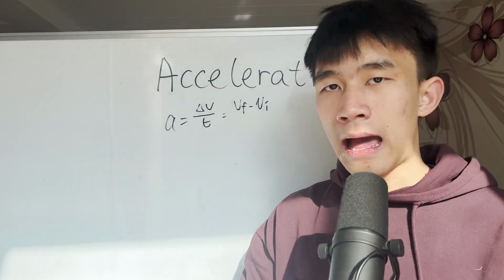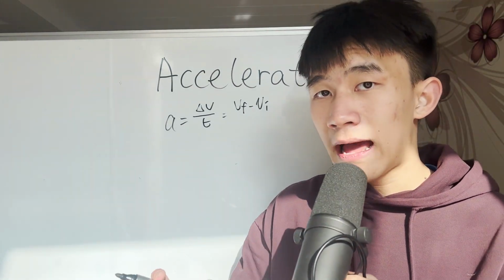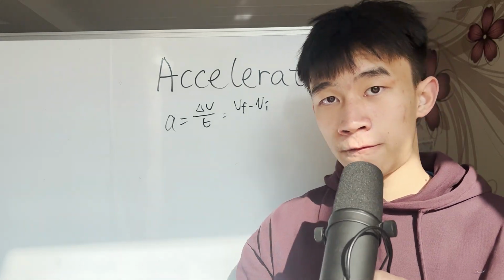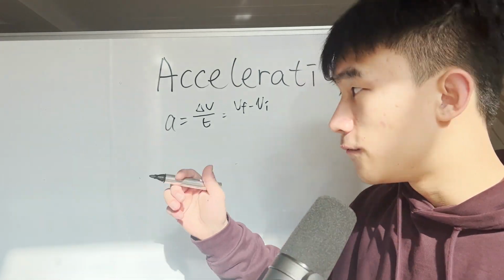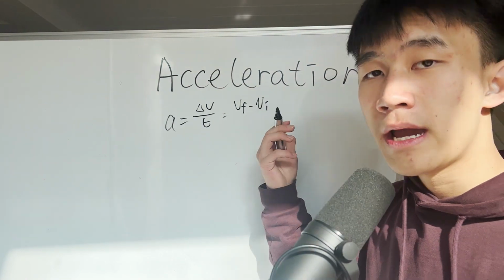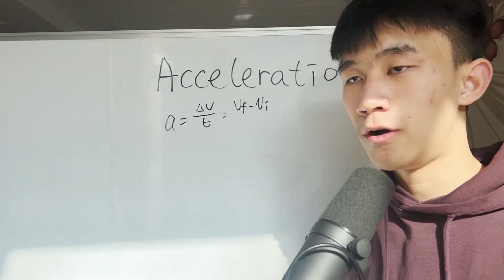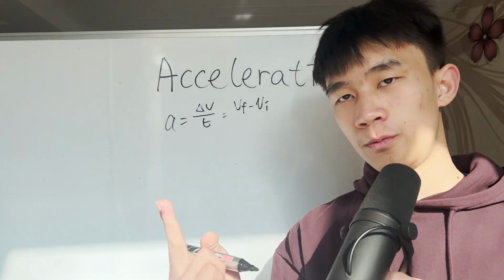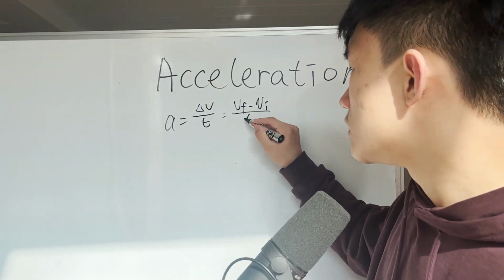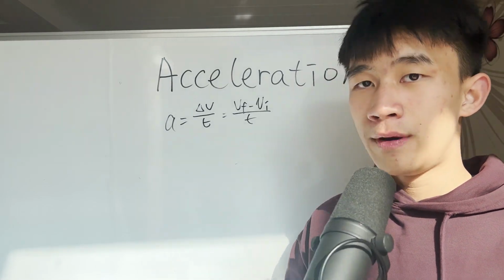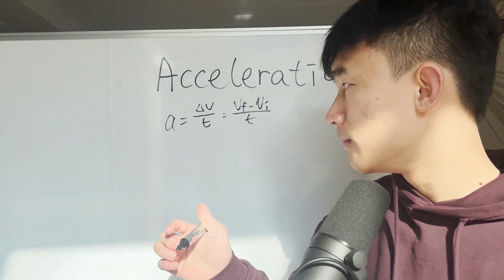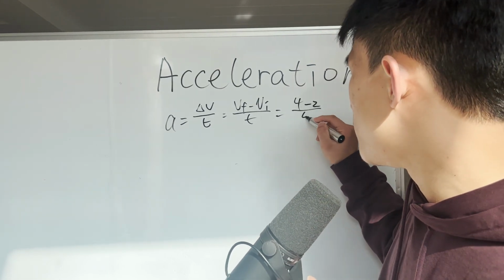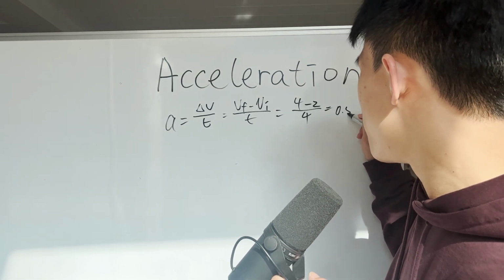So for example, I'm now running 2 miles per hour, and suddenly I'm running 4 miles per hour, and I accelerated for 4 seconds. So my final velocity will be 4 miles per hour. My initial velocity is 2 miles per hour. So my change of velocity is 4 minus 2, which is 2. All right, so divided by time. In that case, I accelerated for 4 seconds. So t equals 4. So this equals 4 minus 2 divided by 4, which is equal to 0.5 meters